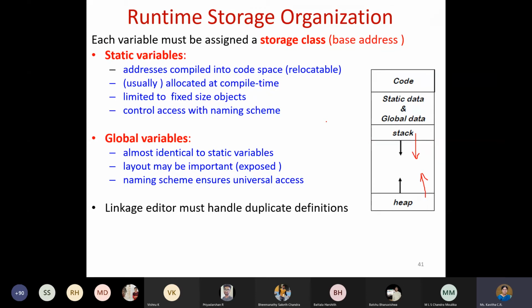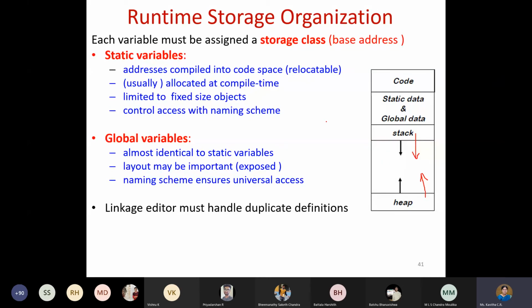Only in some situations will we make use of the heap, because you don't know the size in advance; only at runtime will you come to know. Then pre-computation will not help, so we have to depend on the heap. Otherwise, in the normal situation, it will use the stack for creating the activation record, and it will maintain all the essential pointers, like the activation record pointer or access link.